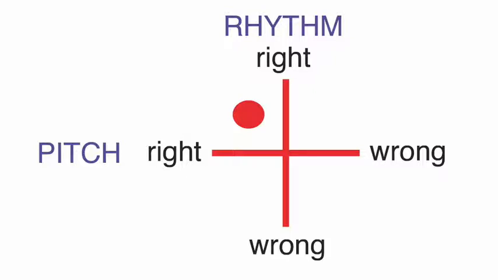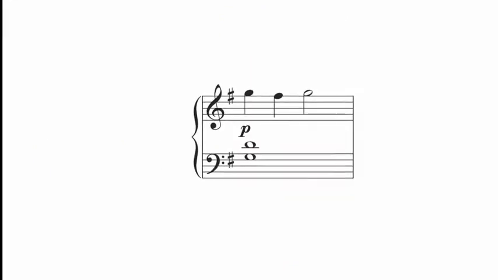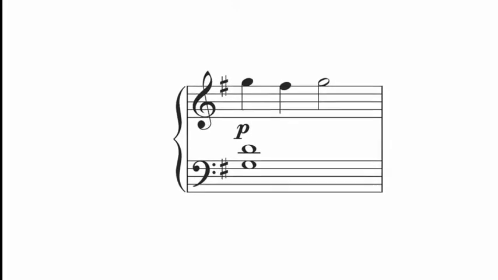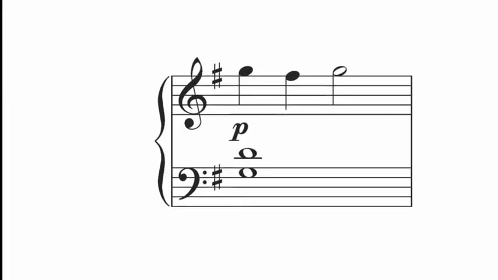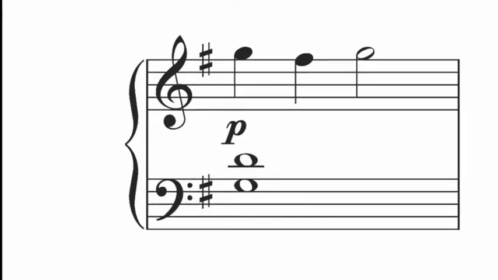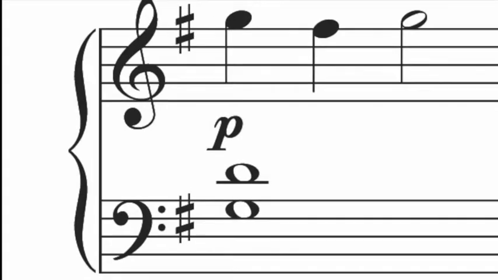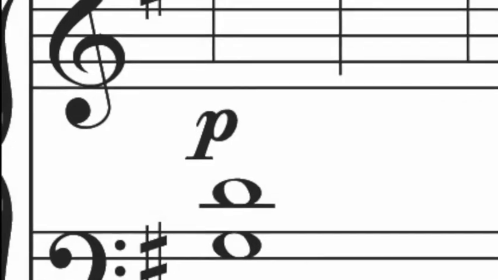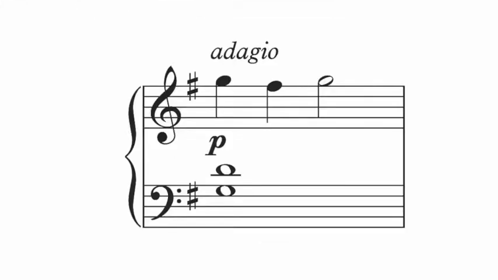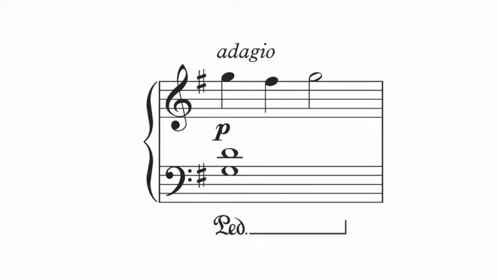Then the student will say, okay, now I'm done. And I'll say, what about that P written there? What does that mean? To play softly. And so the student is now to play the right pitches and rhythms, but also at the right volume, or what is called dynamics. And then I point to the word adagio, and the student realizes they need to play what they were just playing, but slower. And then I point out the pedal marking. So the student needs to add the pedal to everything they have just done.